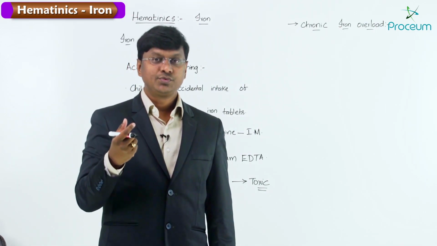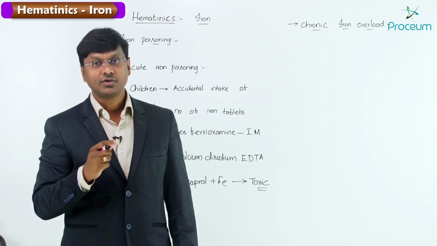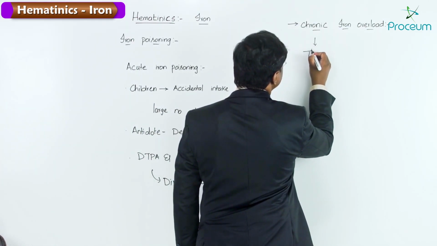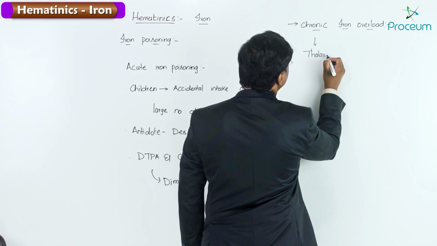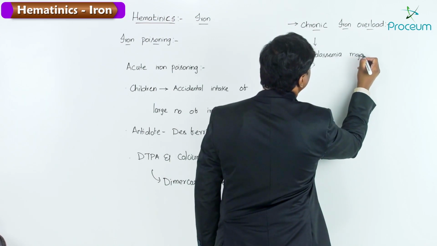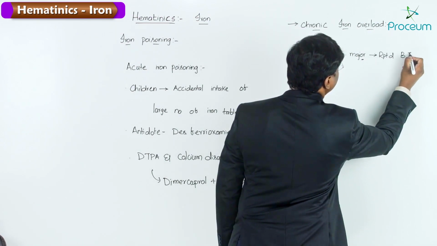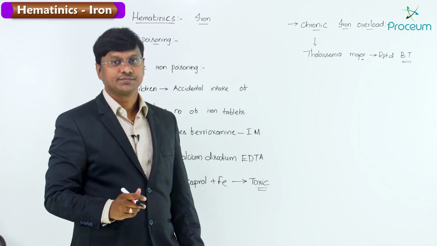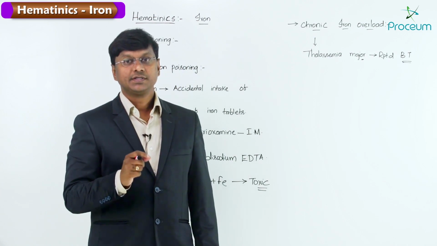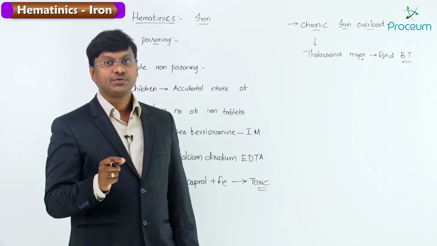In those individuals in whom you require repeated blood transfusions, they may face this chronic iron overload, and this occurs in thalassemia patients. So, in thalassemia major, these patients require repeated blood transfusion, and in them you need to give